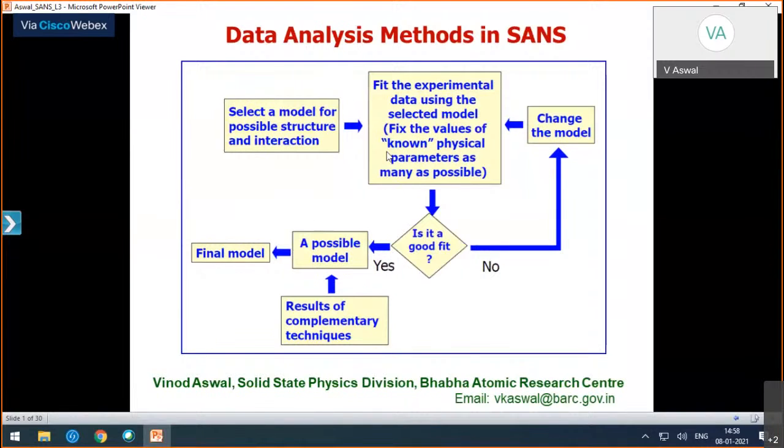Everyone. Today's lecture in the series is on small angle neutron scattering. It's not only that you should do the data analysis correctly, but also that the data you collect and the data you reduce are correct. So keeping that in mind,